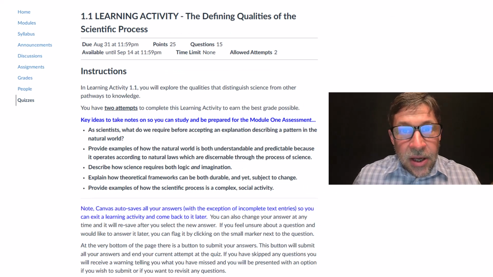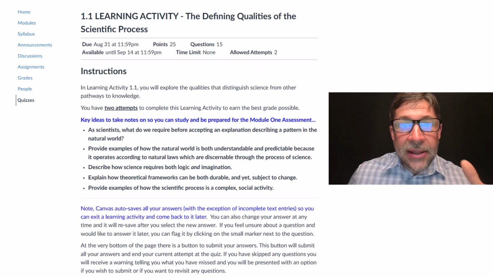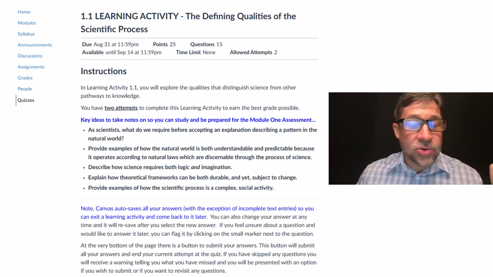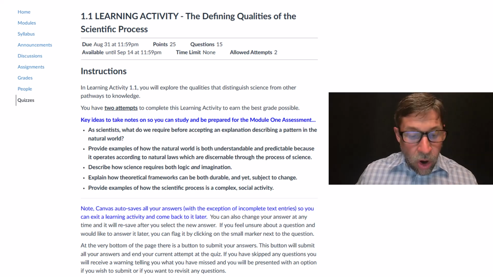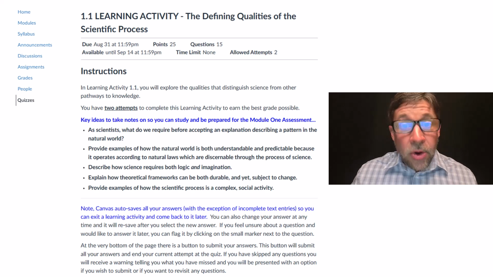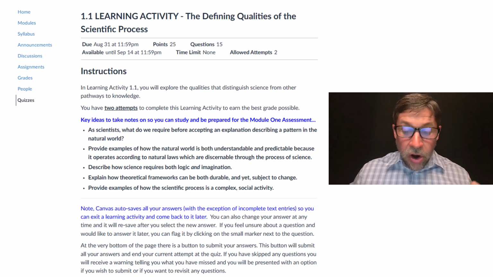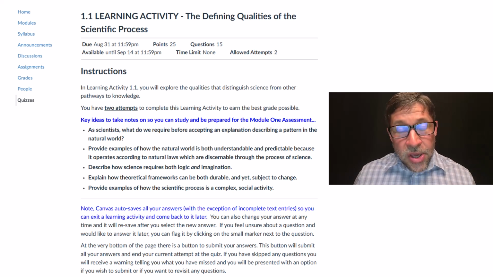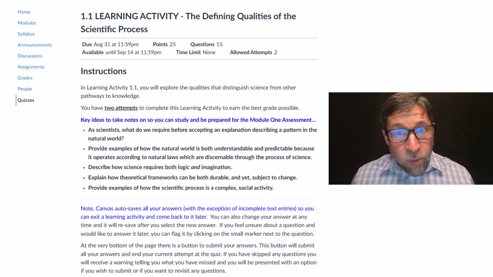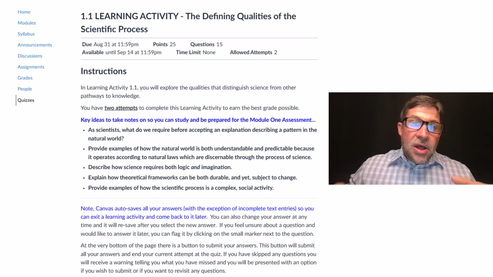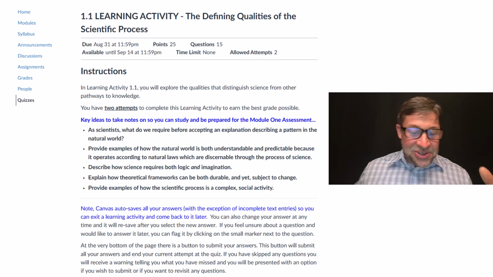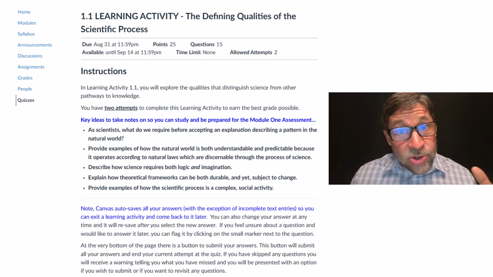All right, let's take a closer look at what a learning activity entails. This is the very first one you'll do, 1.1, the defining qualities of the scientific process. So remember, in each module, there are 4 learning activities, 2 per week in a 16-week class, 4 per week in an 8-week class. So learning activities are best described as low stakes,